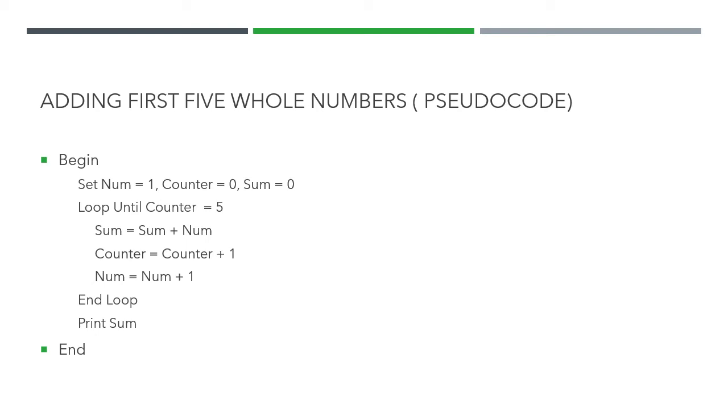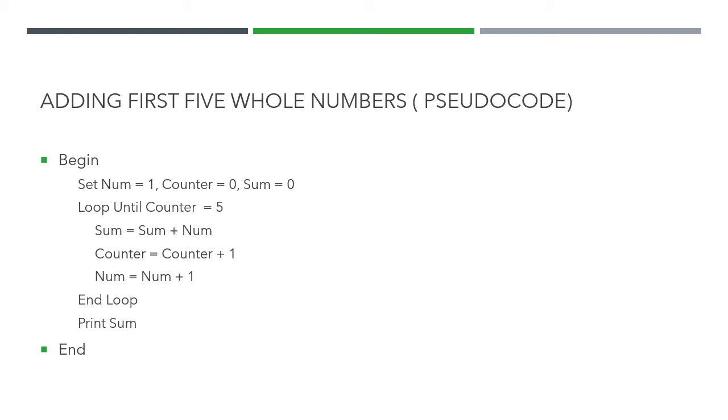Right? Again it will go to this step, this one, and compare. Okay, my counter is 2. It has not become 5 here. So no, it's not same. So again it will go inside the loop. Sum equals to sum plus num. Now my number is 3 and my sum is also 3. So sum plus num will become 6. Counter will become 3 and number will become 4.